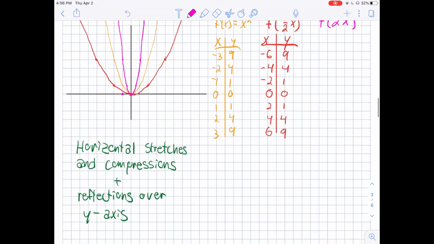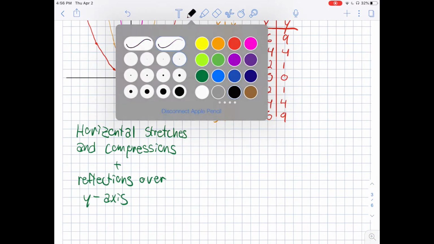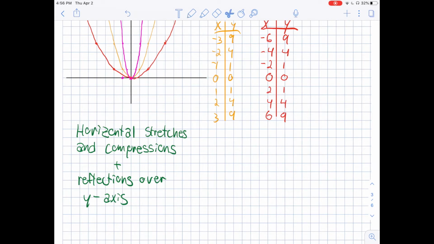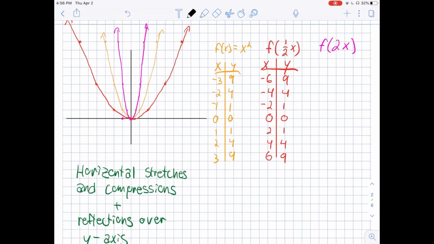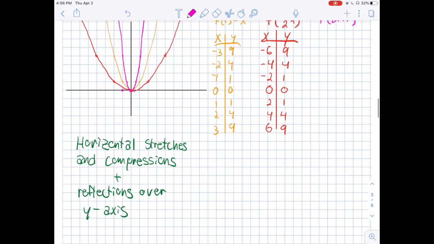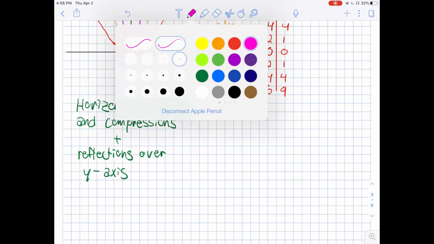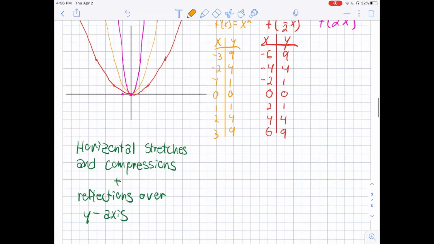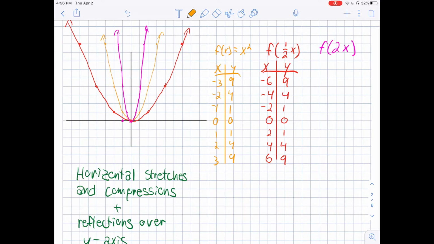And this is the same thing that we would use for reflections over the y-axis. If you take your x value that you're plugging in, let's say we want to flip something over the y-axis, and we have this x value right here. If this x value gives us this point right here, and we say that we want to look at, sorry,